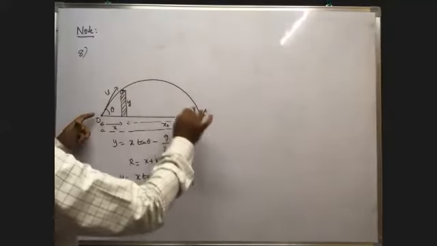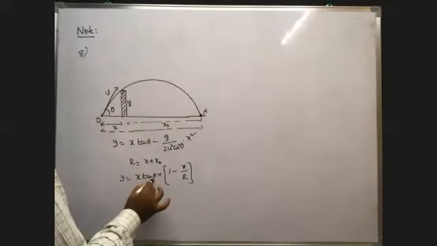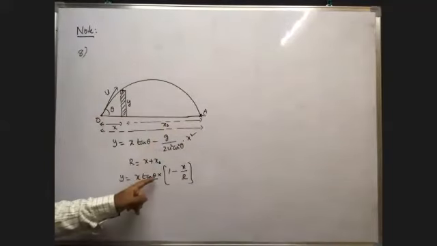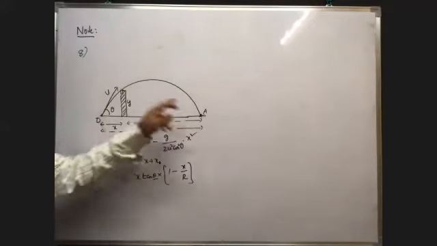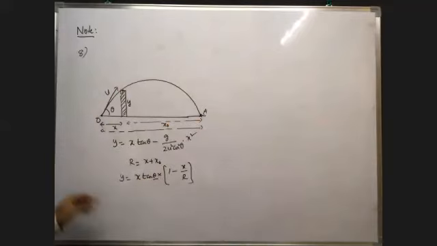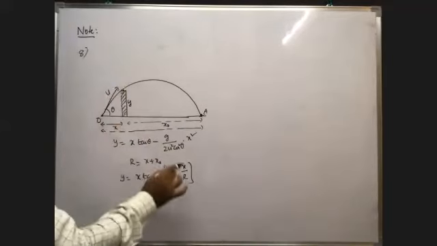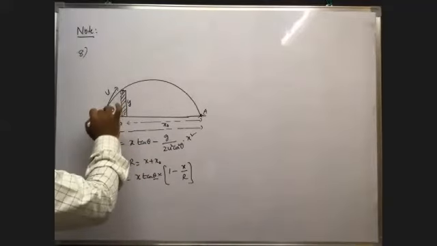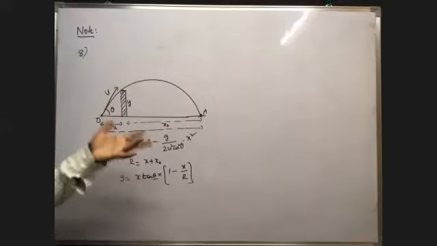Y is the height of the wall. So with what angle of projection? Here this range is known. Theta, with what angle of projection this person has to throw the ball so that it reaches the person. By using this formula, x is known. X is the distance of the wall from the point of projection, y is the height of the wall, and R is the range of the projectile. Then with what angle of projection this cricket ball is to be thrown to catch his friend. Okay, so in this way we can apply.